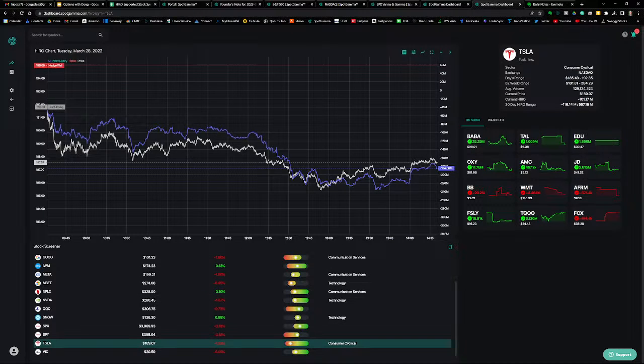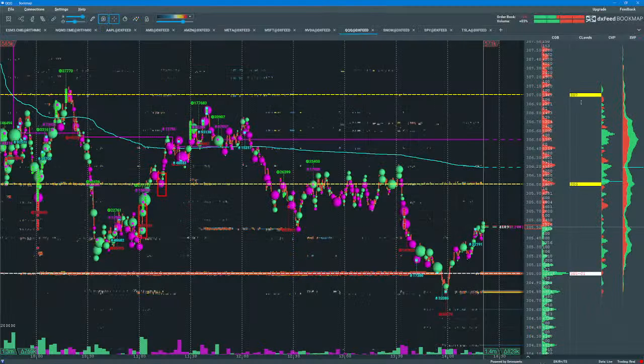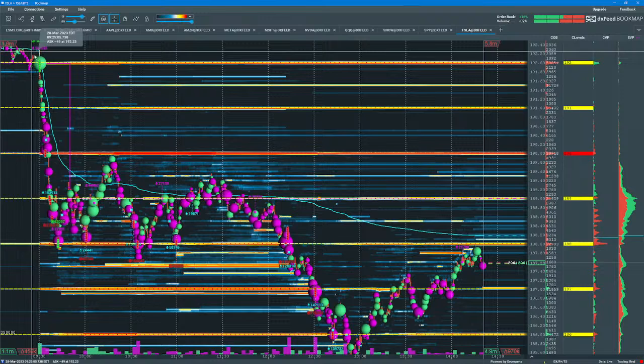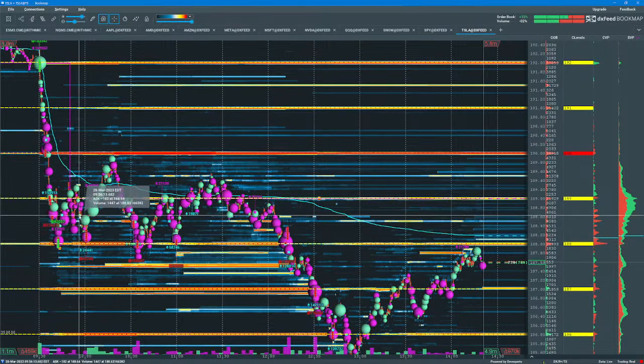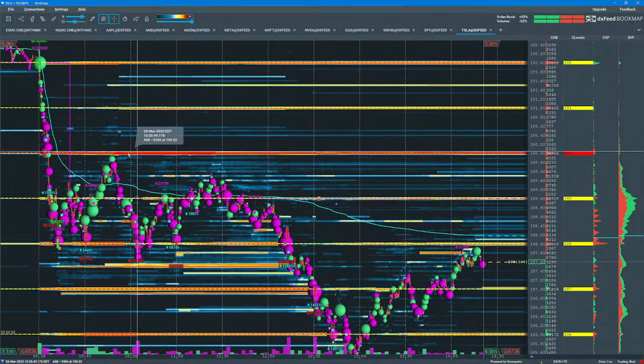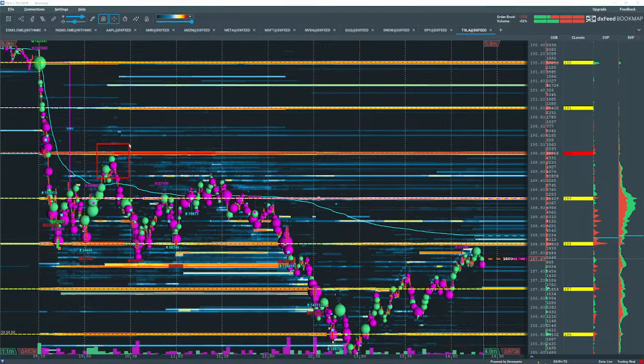So let's go take a look at Bookmap for Tesla, and we'll see an extremely sharp drop at the open. So here's the sharp drop, and to catch that you really had to be prepared. And then the next opportunity for a decent trade was the absorption and reversal at the 190 level, and then here at VWAP, down to so far 186.